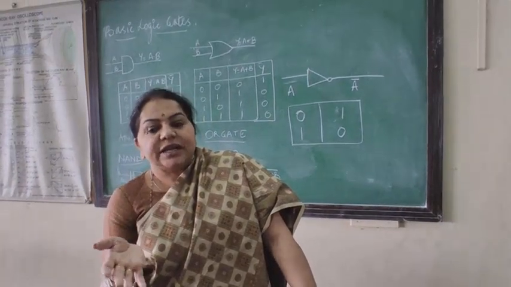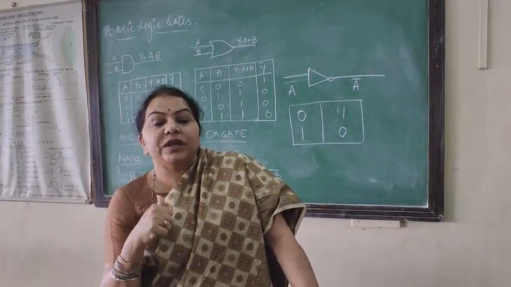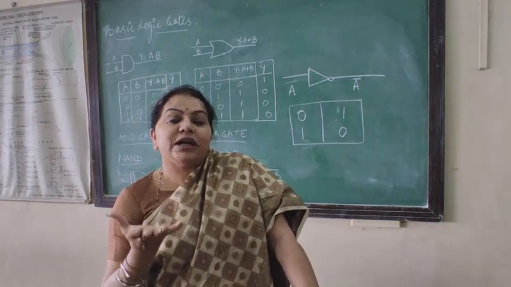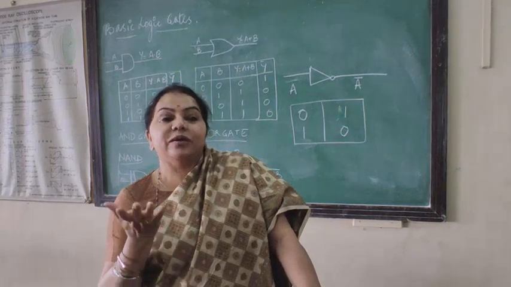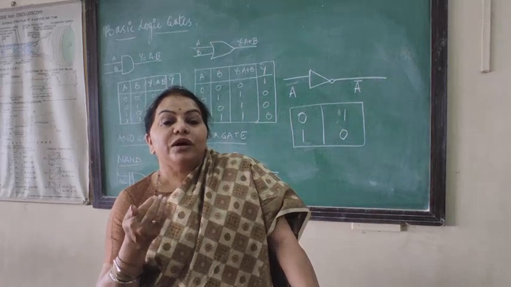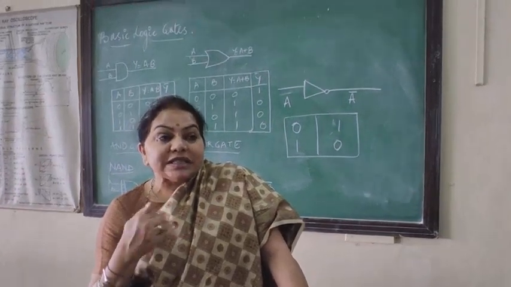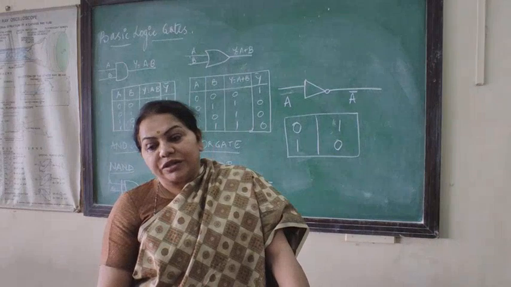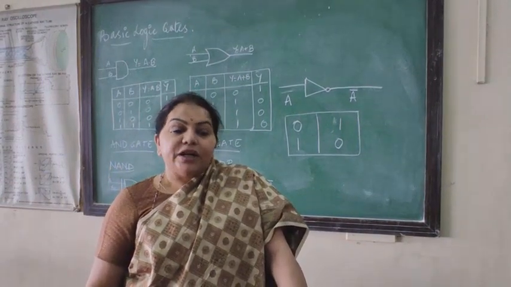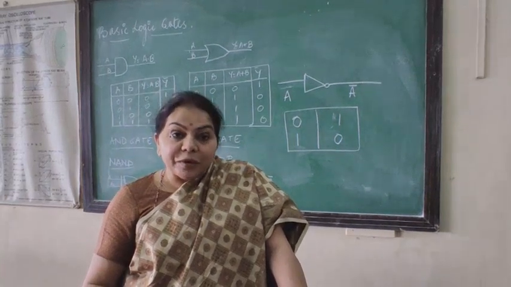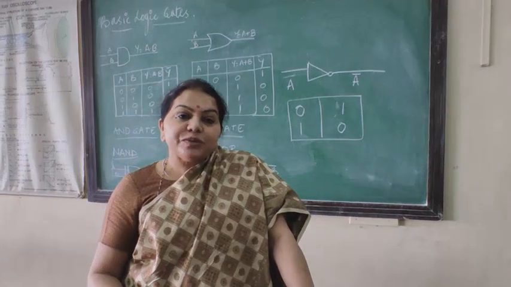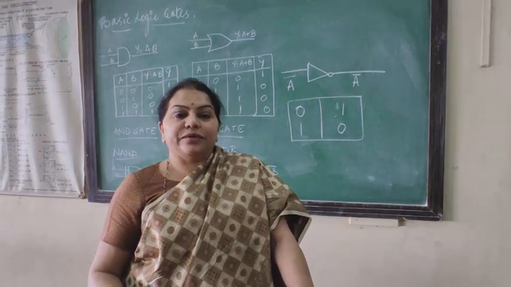After that, in the next session, we are going to do the XOR gate, and we are going to discuss why NAND and NOR gates are called universal building blocks. That is one question which you must know the answer to. You must also have an insight into the NAND gate and the NOR gate. So in the meantime, you have to just see the functioning of these gates. You have to understand what the IC numbers are, how you are going to connect, what a truth table is, what the output of the truth table is going to be, and so on. Thank you.